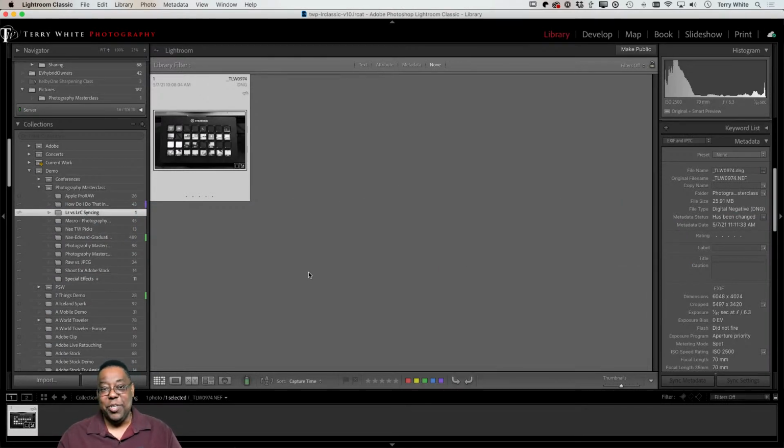You can't sync a folder. It only works with collections. You create a collection, you name the collection whatever you want, you drag over whatever photos you want to be in it, and then those photos are converted to smart previews in the background and synced up to the cloud. And then you can access them on your mobile devices.